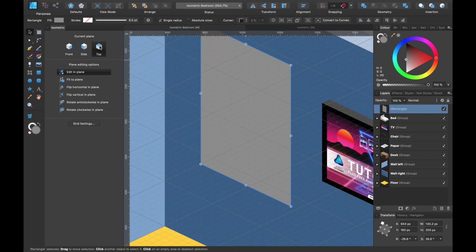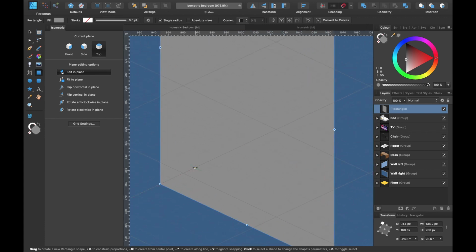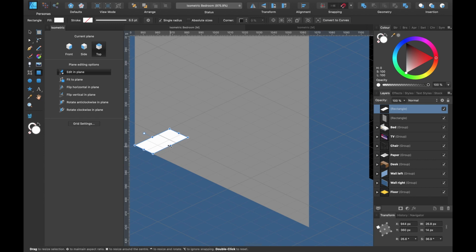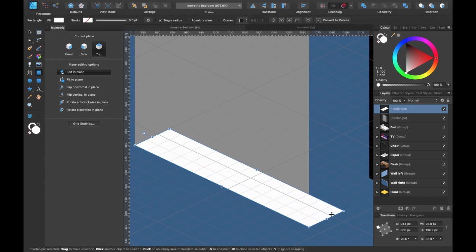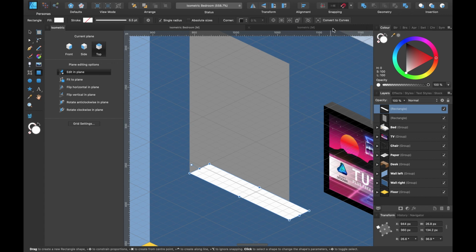So press top and press M, and we will select 3 thick in, so there. Let's change the color to white for now, and we'll just drag it all the way down to the last point down here. Now I could select convert to curves and move that in, or I could clip this windowsill shape inside of this window shape. So I will go to the layers panel, and I'll select the windowsill, and I'll click and drag down and to the right, and you can see now it's clipped inside. I'll let go.